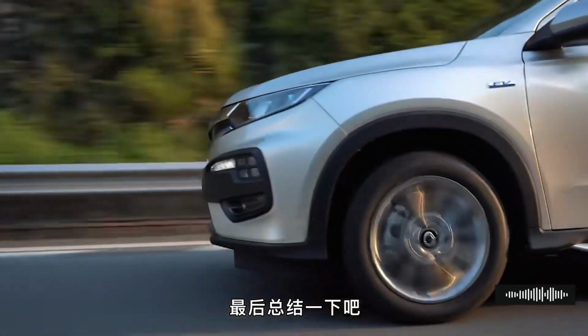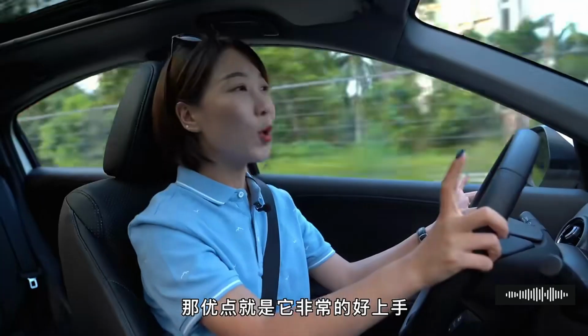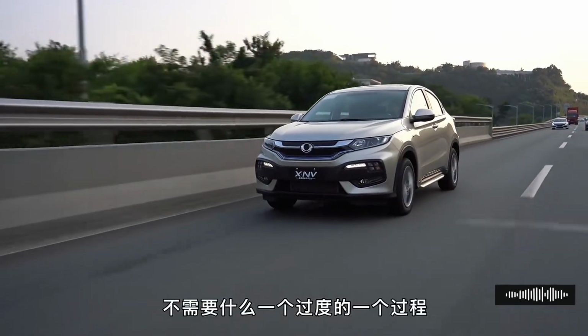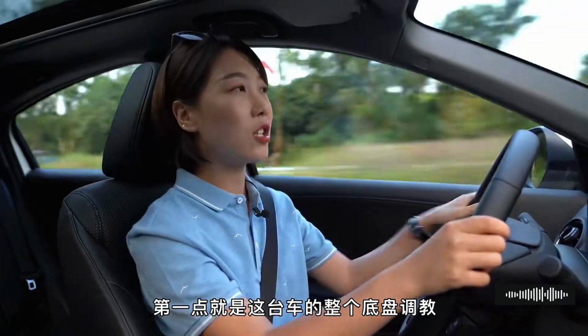Let's sum it up in the end. For today's short test drive, I have several advantages and disadvantages for this car. The advantage is that it is very easy to drive, and the whole car, regardless of the appearance and interior, is well accepted by everyone, and there is no need for a transition process. What about the disadvantages? There are 2 points. The first point